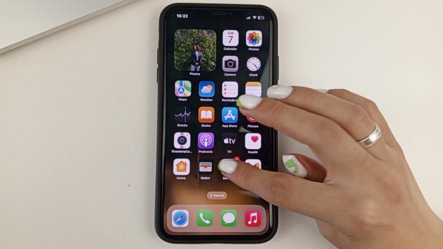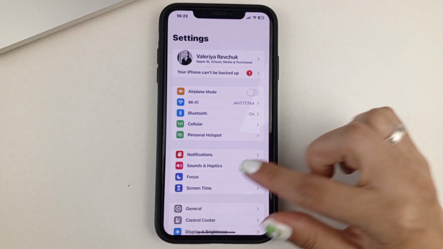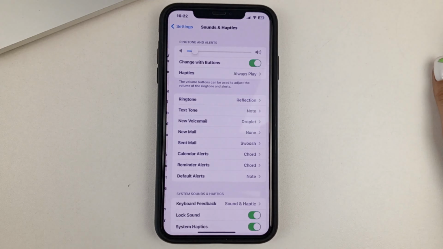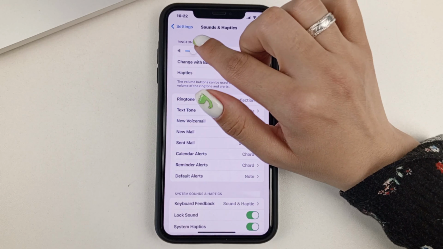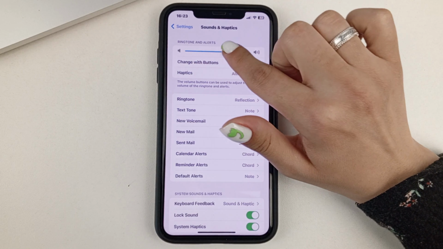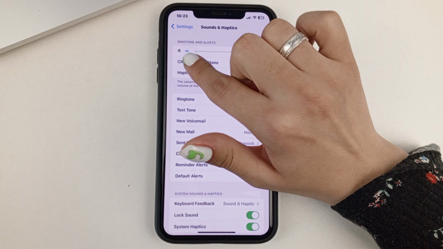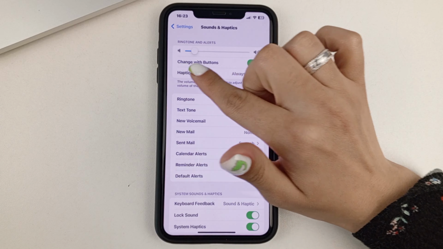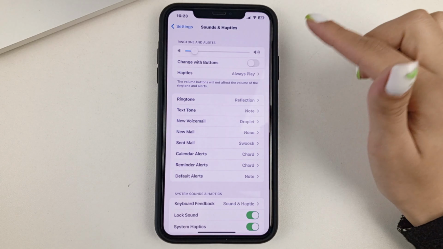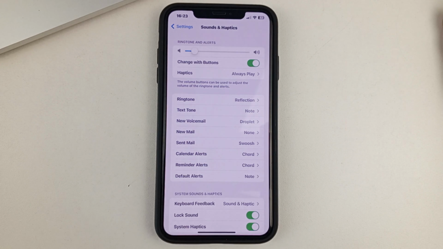Then the next way is to go into the phone settings. Then go to Sounds and Tactile Sensation. Then this slider here, you'll need to move forward. So absolutely all notifications, all ringtones will sound louder. This will probably help the Snapchat app. And also make sure that you have the very first line under the slider active. If not, then turn it on.